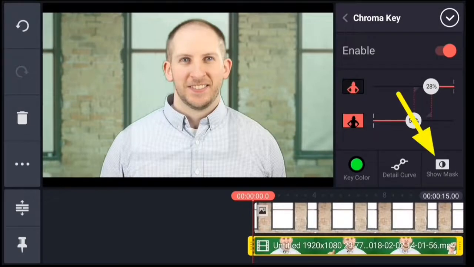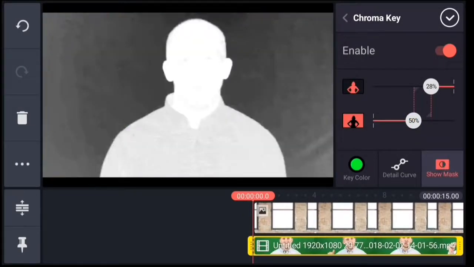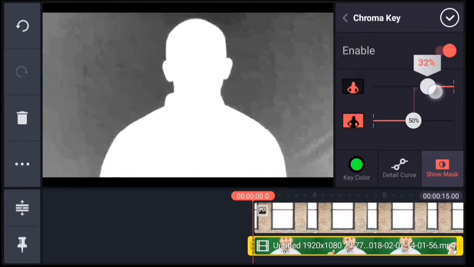The next thing I do is turn on this Show Mask option. This will help you visualize what is being keyed out and what is being kept. Pure black will be totally transparent, and pure white is totally solid, while gray tones are semi-transparent. I will adjust the foreground and background cutoff sliders to try to get the background totally black and the subject totally white. Starting with the foreground slider, I'm going to move it to the left only as far as I